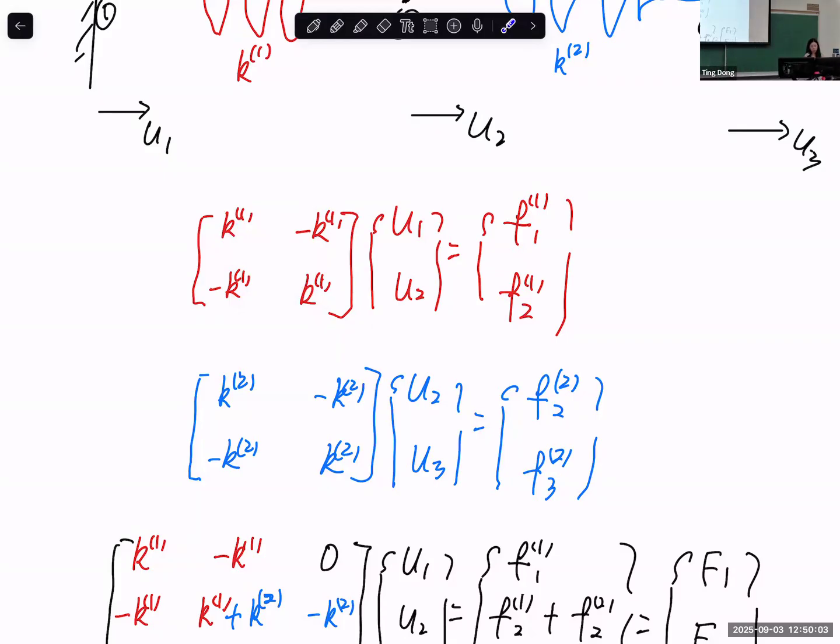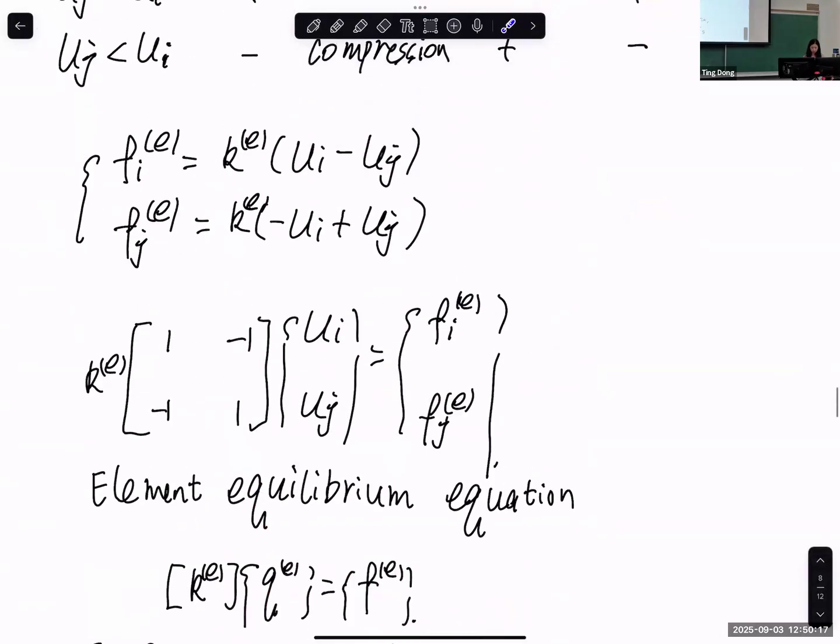For the spring element, and we will talk about the bar element soon, for this 1D element, we can always have this K matrix. The only thing different is that K for different elements may be different. So K1 and K2 may be different, but we can always have the K matrix in the form like this. Why is that? We had a derivation from the element